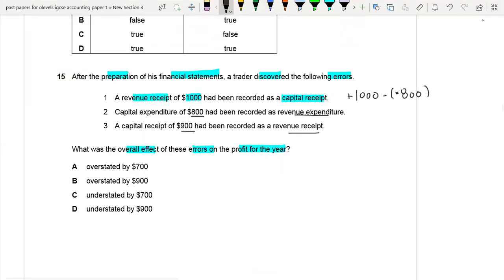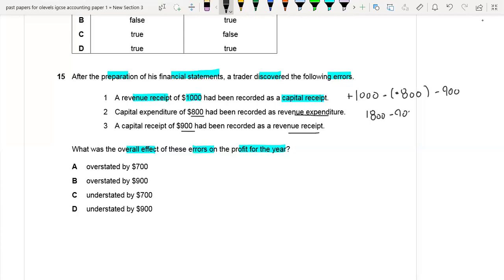Okay. So as you can see, in the question they are asking what was the overall effect of these errors. So they are talking about the effect of errors. They're not talking about rectifying it. Okay, so that's why we are not going to rectify it. So capital receipt of 900 had been recorded as a revenue receipt. It means that we deducted it from the expenses. So now again we have to deduct it from here, 900. So minus minus plus 1800 is equal to 1800